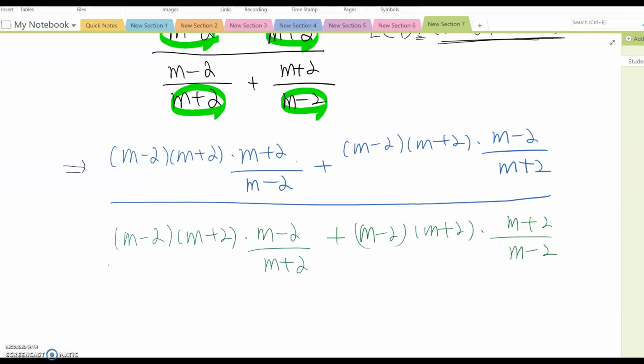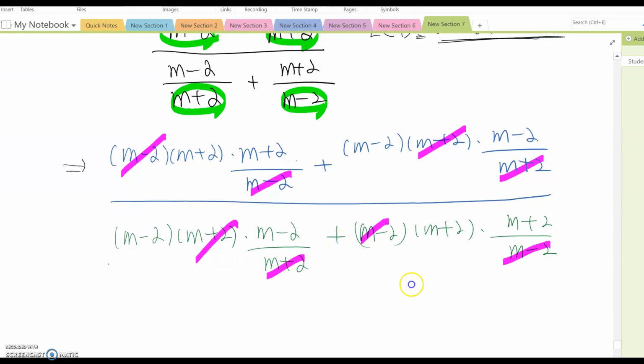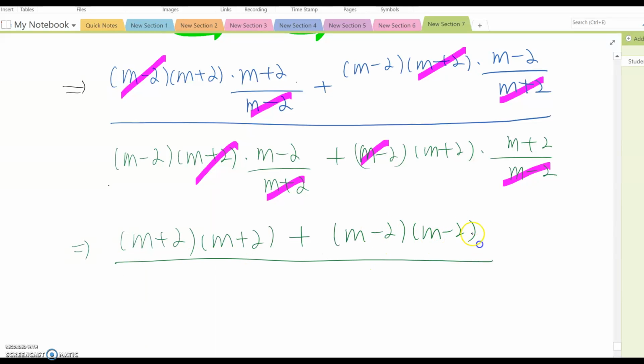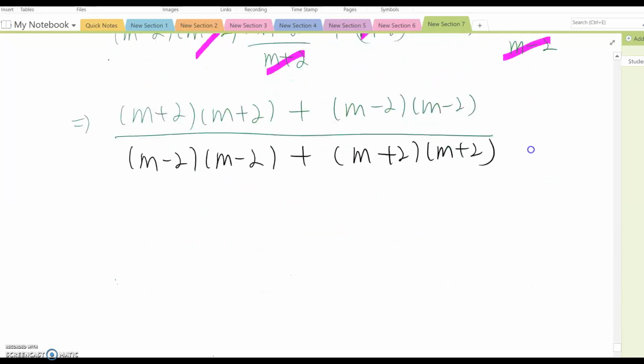Okay, then you can cancel them out, this and this, this and this, this and this, and this and this. So if you organize the remaining factors, then it's going to be (m + 2)(m + 2) plus (m − 2)(m − 2) over (m − 2)(m − 2) plus (m + 2)(m + 2) actually. Okay, now